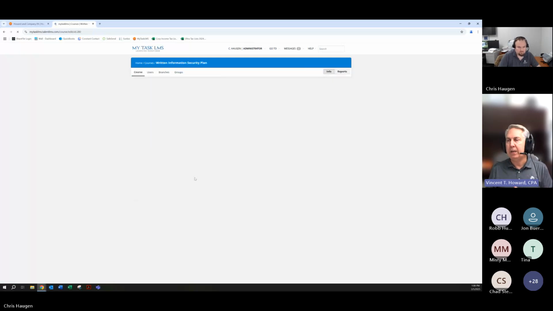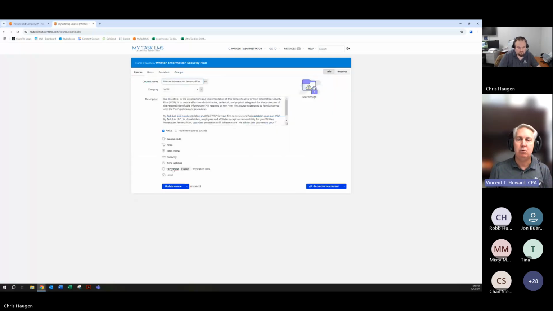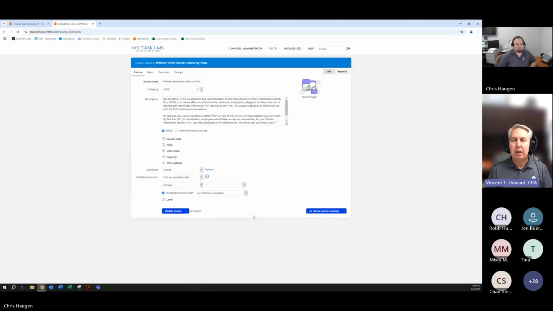January 1, they will get an email. It will tell them you need to take this exam again. They will take the exam. They will get another certificate that is specific to that year. And then that can be forwarded to our HR and put in their employee file. So again, we're just trying to take some of this administrative burden off of the firms. This is something that none of us really want to track and want to do. So we have tried to automate as much of this as possible through the LMS.